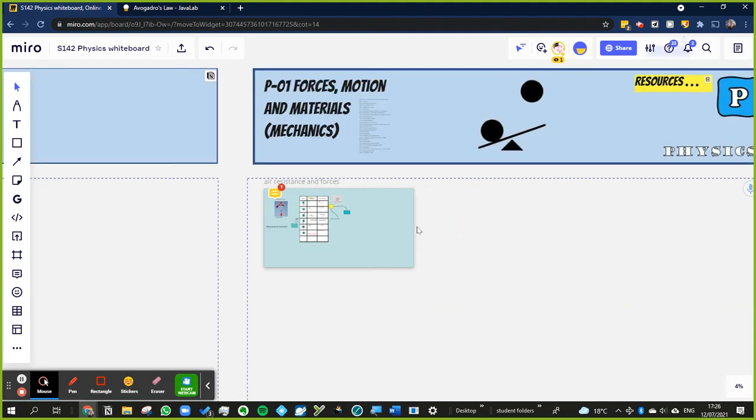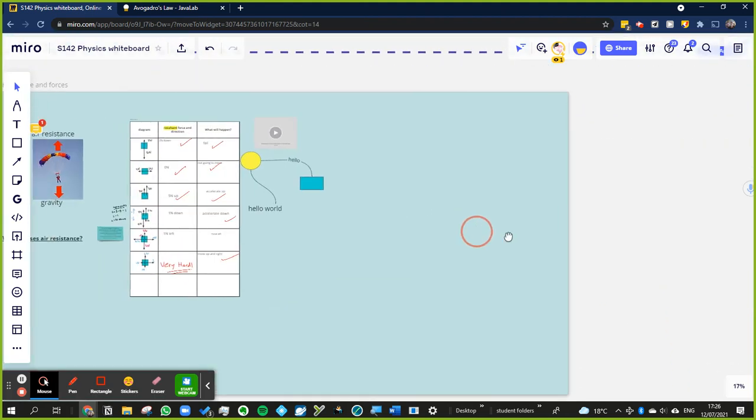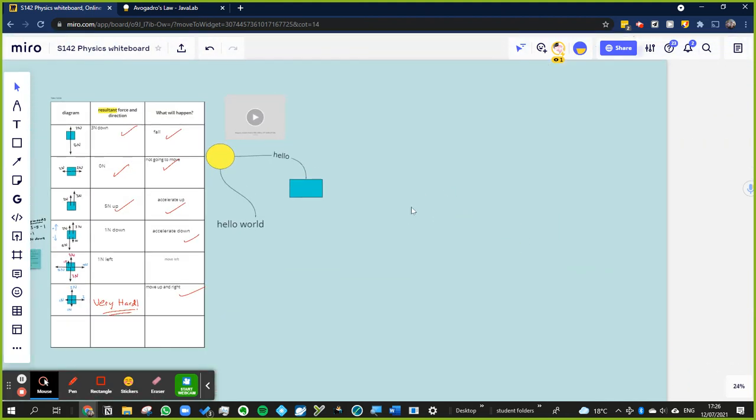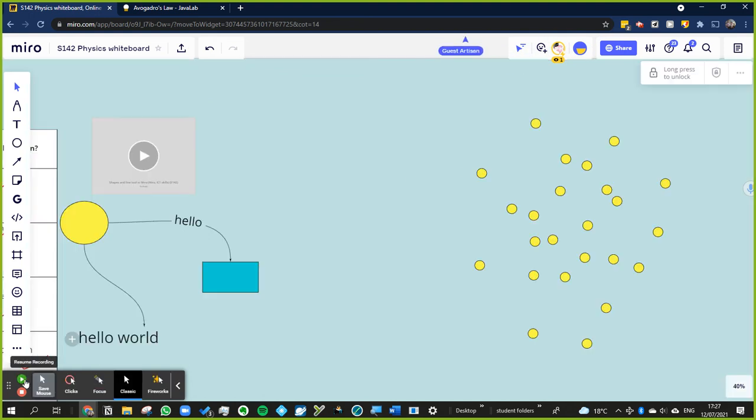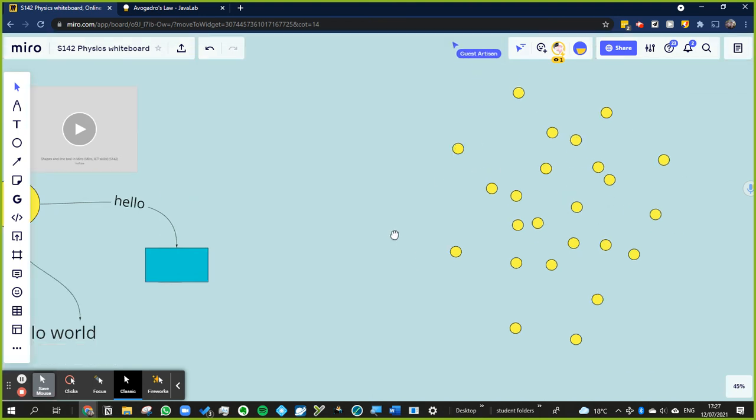So let's see if I can work out how to demonstrate this on a whiteboard. I'm going to stop sharing, and stop the video for a moment. Pause it. Okay, so here's a load of air particles. Now they're frozen in time. They're not moving anywhere. Of course,